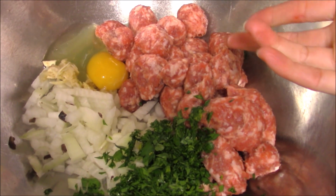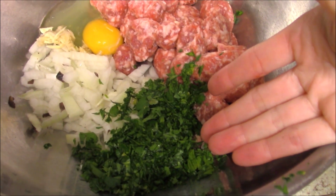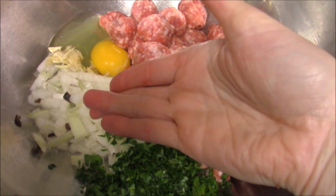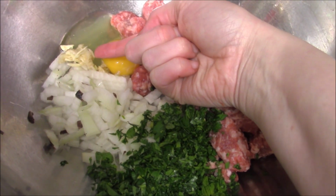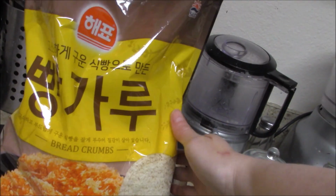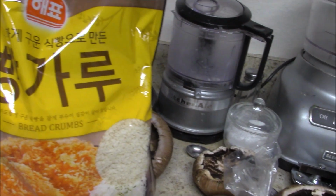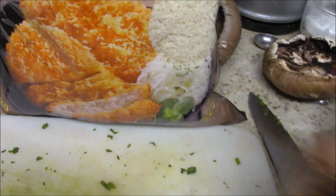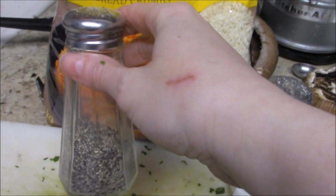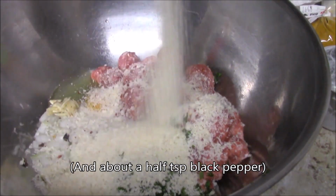We have a pound of Italian sausage, and I just removed it from the casings, about a quarter cup of chopped fresh parsley, half an onion finely minced, an egg, and then about 4 cloves of garlic finely minced. I also have some Japanese, well, Korean technically, panko breadcrumbs. Buy these in bulk. Do not buy these at the supermarket. I've got a link down below for some cheap stuff online. And Italian seasoning, red pepper flakes, and salt to season. And pepper, of course. About a teaspoon of the Italian seasoning and about a half a cup of the breadcrumbs,